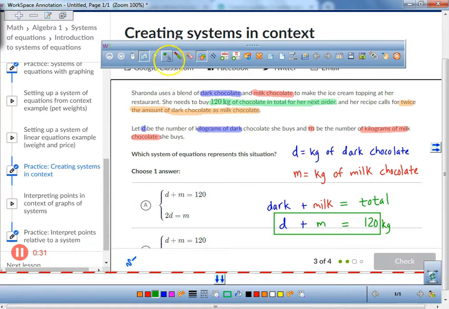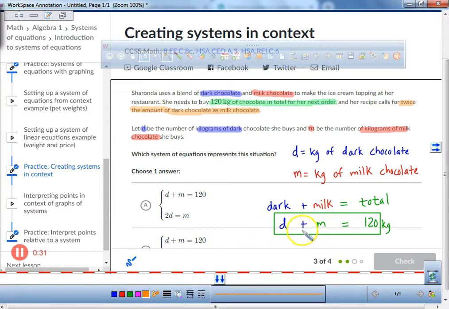Now, the one that probably gives students the most concern is not the dark plus the milk equals 120. It's the twice amount of dark chocolate as milk chocolate. What does that mean? The dark, can you guys write this? The dark has to equal 2 times the milk. Does that little sentence right there make sense to y'all? The dark has to equal 2 times the milk because your recipe calls for twice the amount of